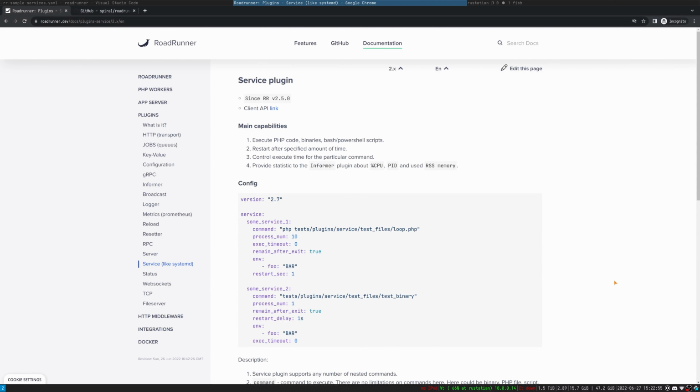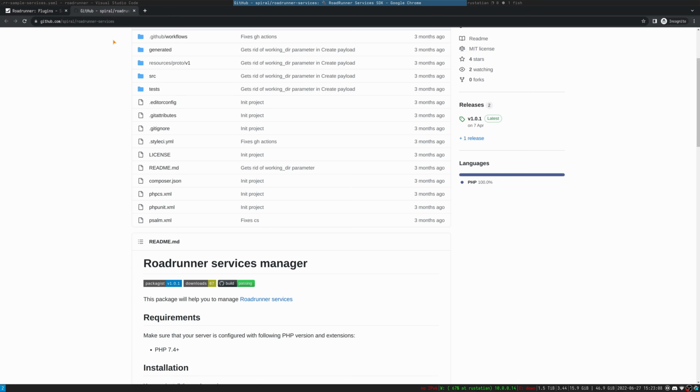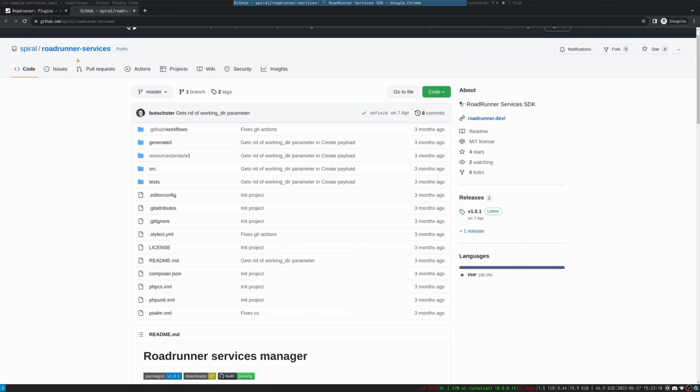Hello and welcome everybody. In this tutorial we'll figure out how to use a service plugin with the RoadRunner. Service plugin is available since RoadRunner version 2.5 and has a robust client API, available under the Spiral organization RoadRunner services